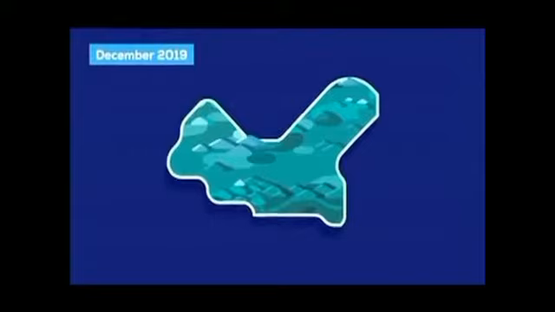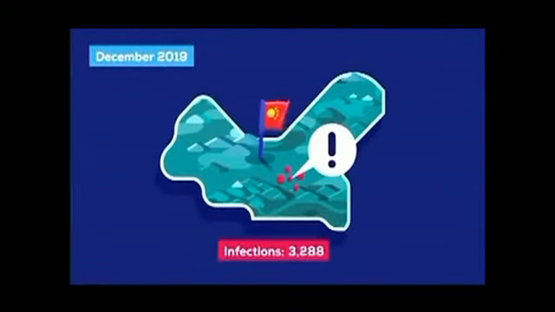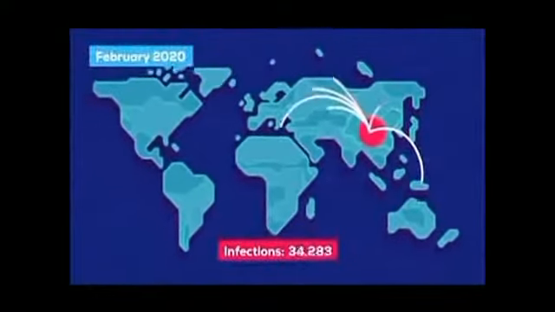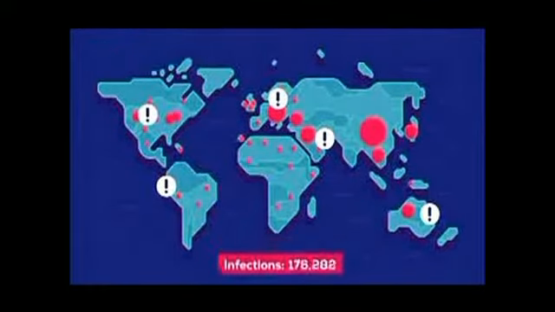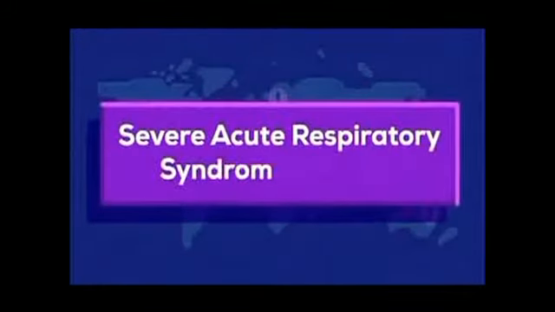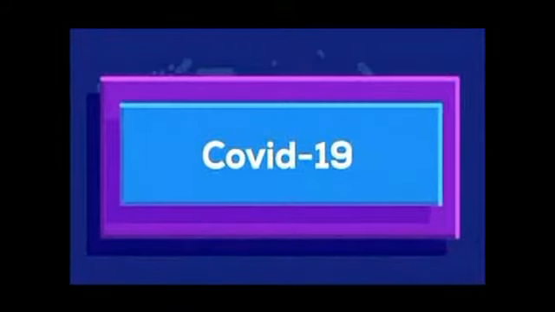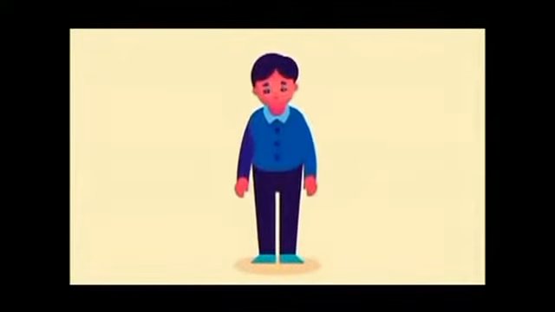December 2019, the Chinese authorities notified the world that a virus was spreading through their communities. In the following months, it spread to other countries, with cases doubling within days. This virus is the severe acute respiratory syndrome-related coronavirus 2 that causes the disease called COVID-19 and that everyone simply calls coronavirus. What actually happens when it infects a human, and what should we all do?